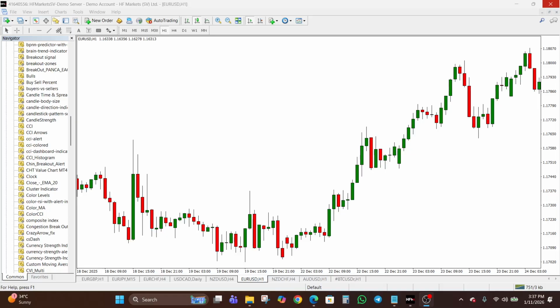In this video, I'm going to be showing you how to use the color levels indicator for MT4 and MT5. You're going to find the links to both the MT4 and the MT5 versions down there